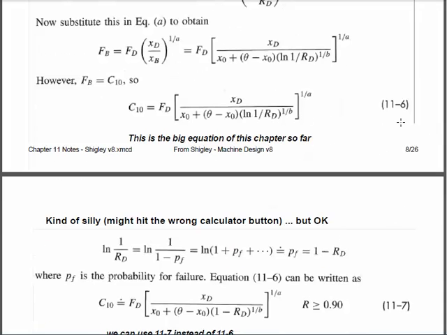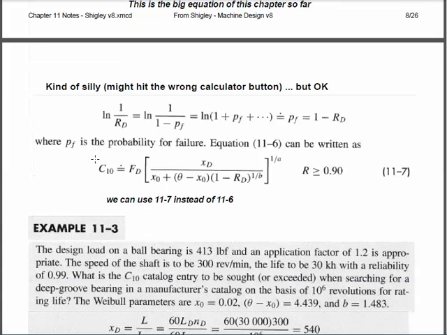Okay, now I point out some silliness of the author, that calculating that natural log is really difficult. That's the natural log of 1 over the reliability. But the natural log of 1 over the reliability can be expressed as 1 minus the reliability, approximately. So we can rewrite our key design equation, for the catalog life I will choose when I'm ready to